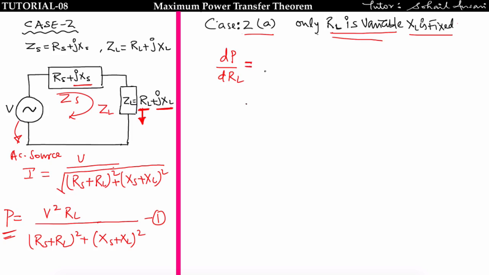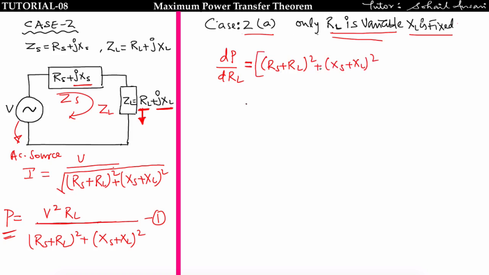First find what I am getting. See, this power is in U by V form, so the differentiation of U by V is V, where the denominator is (RS plus RL) whole square plus (XS plus XL) whole square,